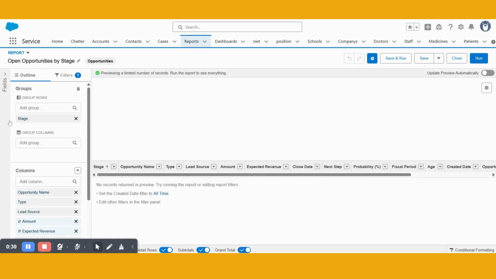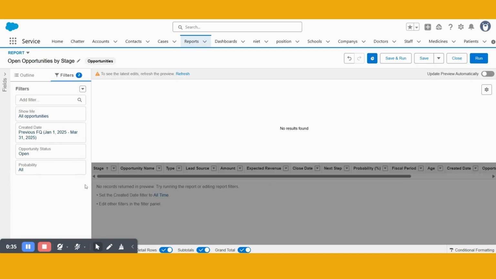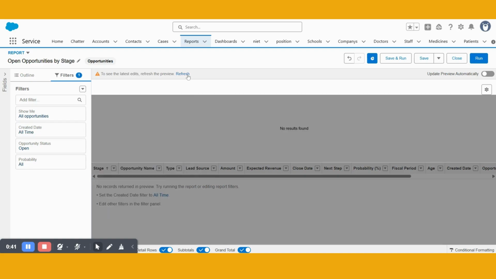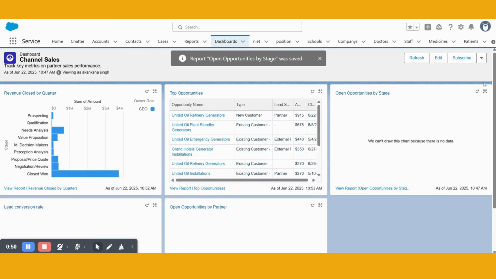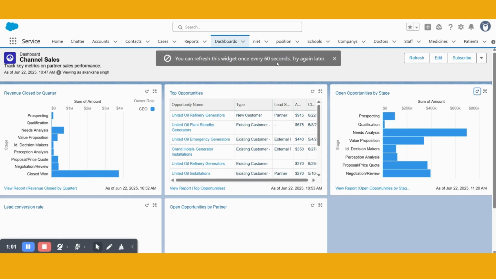Just a second, let me go to filter, delete this, then created date, and we can choose all time, apply. Refresh it. Yeah, now we can see the data. Let's save it, go back to the dashboard and refresh it. Now it is coming over there. They have given permission for one refresh in 1 minute, that is 60 seconds.